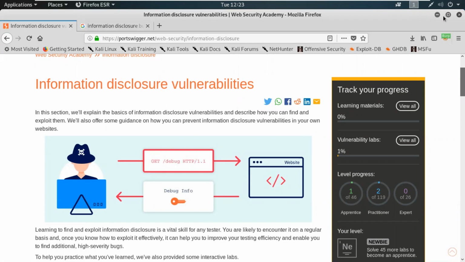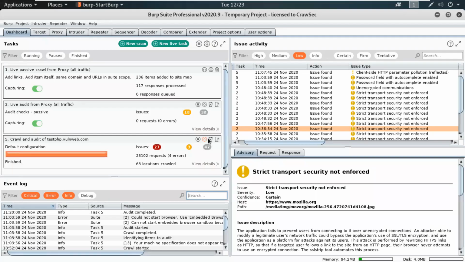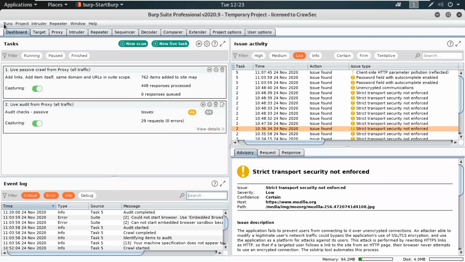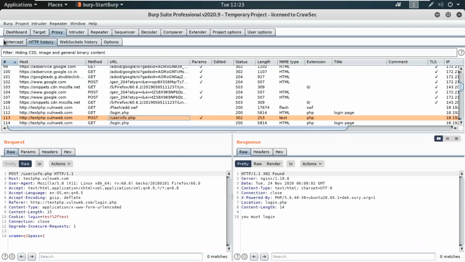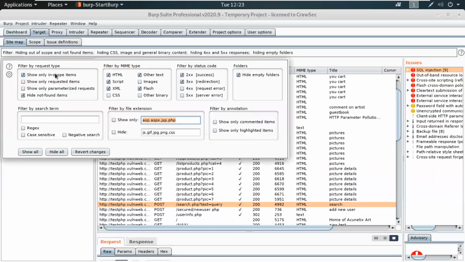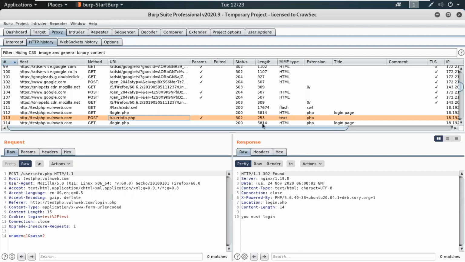So it all depends on the HTTP request parameter. We're going to use our Burp Suite over here. So over here, we're going to try to use our Burp Suite.